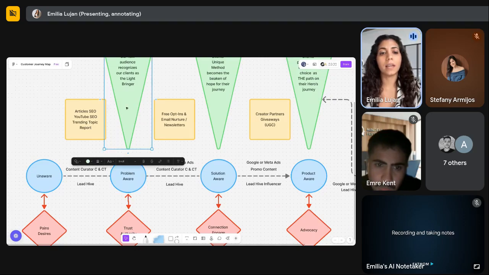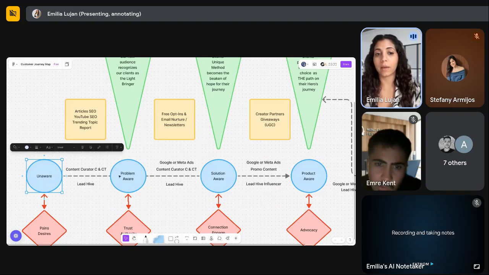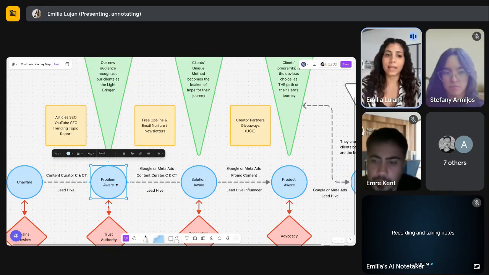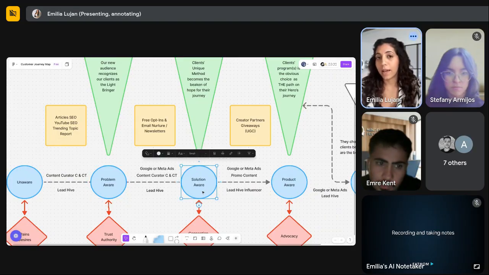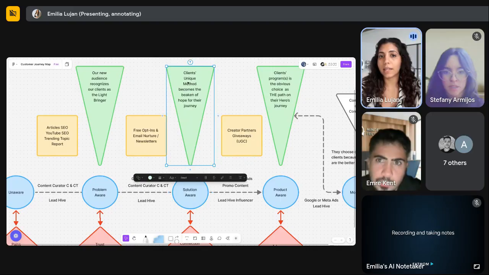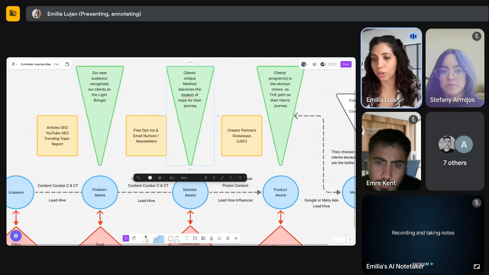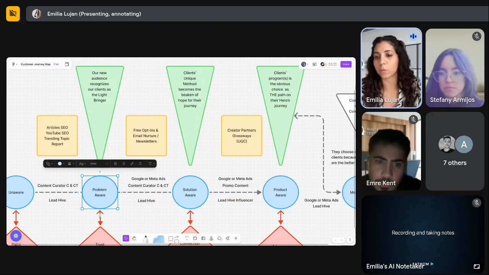Sacred Site is the light bringer for the audience that was at one time unaware and then became problem aware. And now they know, oh, it could be my eyes. That's why I'm feeling all of these symptoms. So now at this stage, we need to bring people from problem aware to solution aware. And the solution would need to be our client's unique method, which then becomes the beacon of hope for the journey. So the person's feeling lost, like, oh, one of our verticals for Sacred Sites is busy entrepreneurs that feel fuzzy, that feel brain fog, that feel tired, and it's impairing them at work.